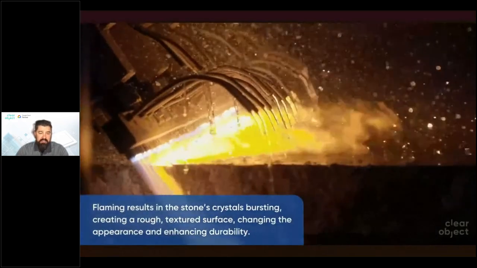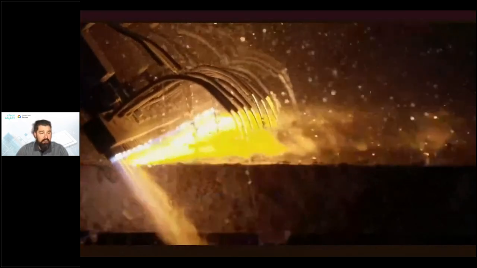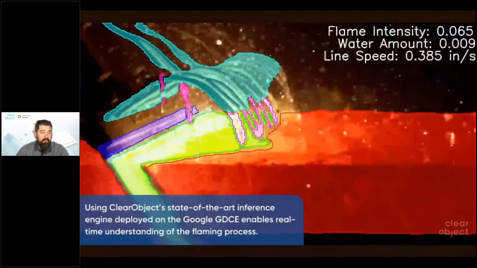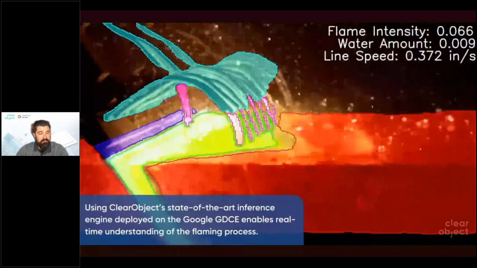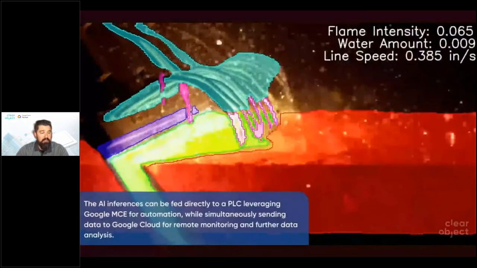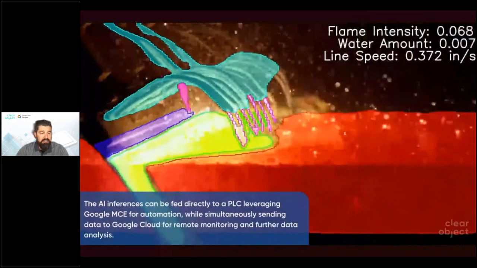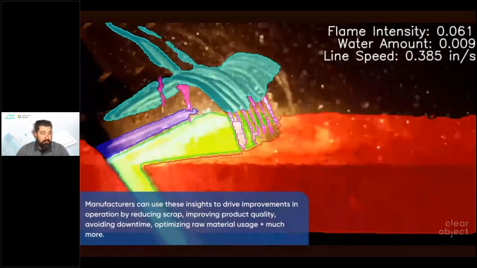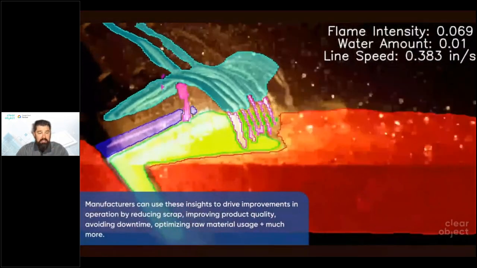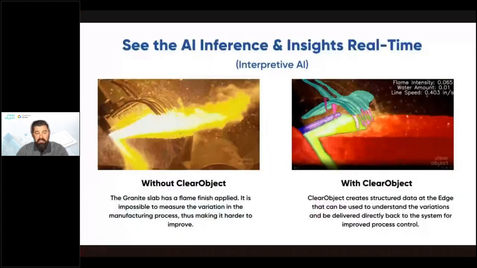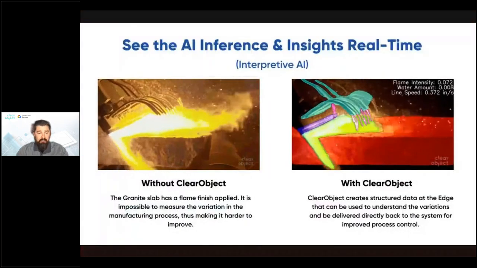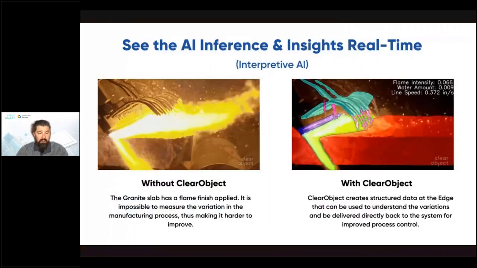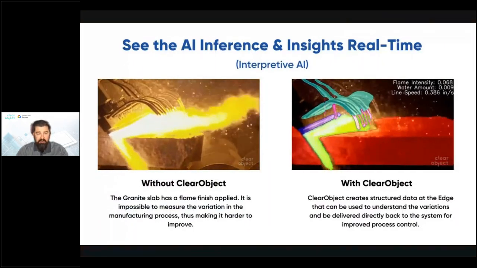The operator, our customer in this case, wanted to really understand how they could measure this. This is an old piece of technology. They don't have software. We implemented an edge-based vision system that allowed that operator in real time to understand the flame intensity, the water percentage, and line speed. With an automated process control, you can take the insights from this edge system and tie that directly to a PLC for either operator-driven action or, like I said, automated process control where that PLC is actually making